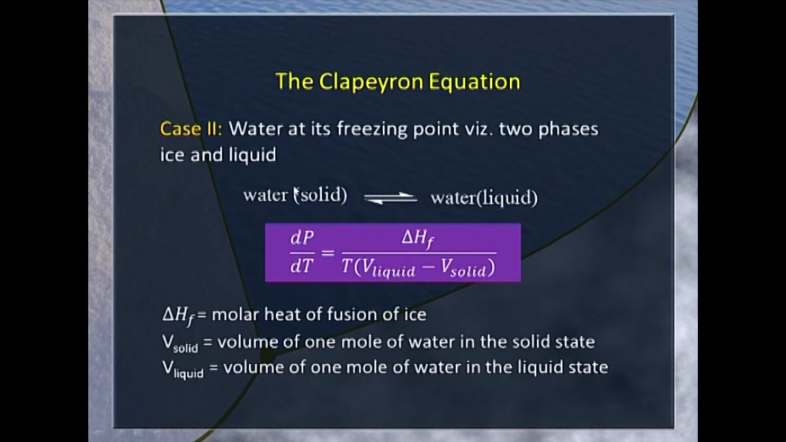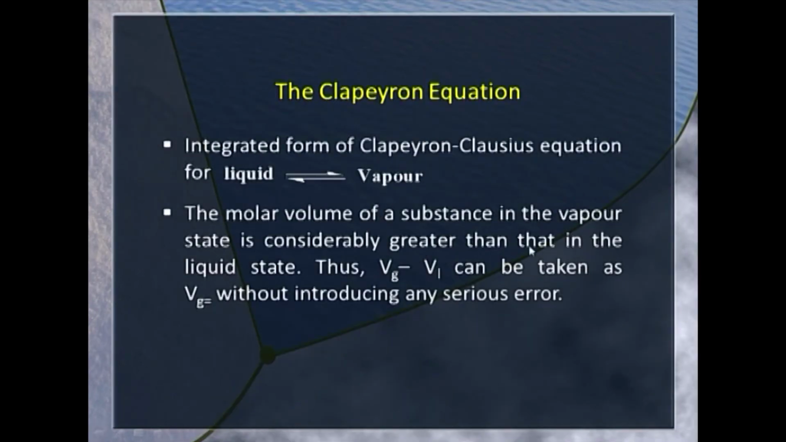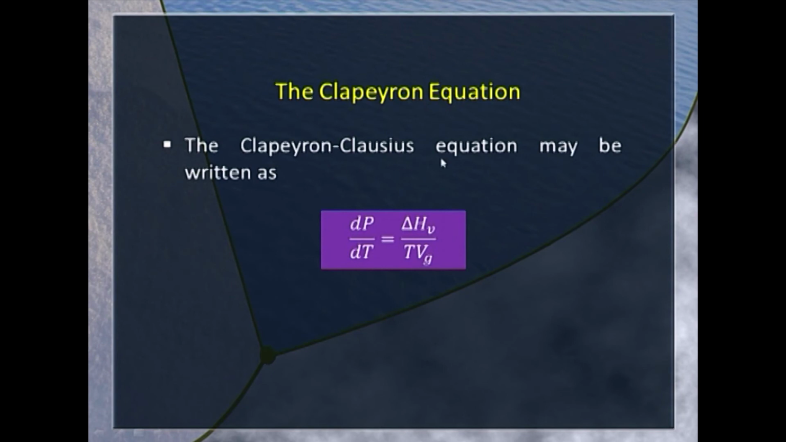At the freezing point, we are going to have delta H_F, that is the molar heat of fusion of ice, and the expression remains the same. The final is liquid minus solid. The integrated form can be obtained if we assume that in the denominator V gas minus V liquid, the gas is very large in volume as compared with the volume of liquid. So, we can safely neglect this V liquid and keep only the V gas,